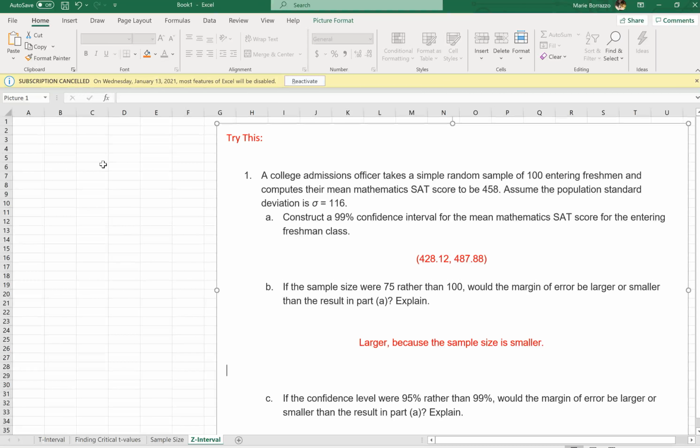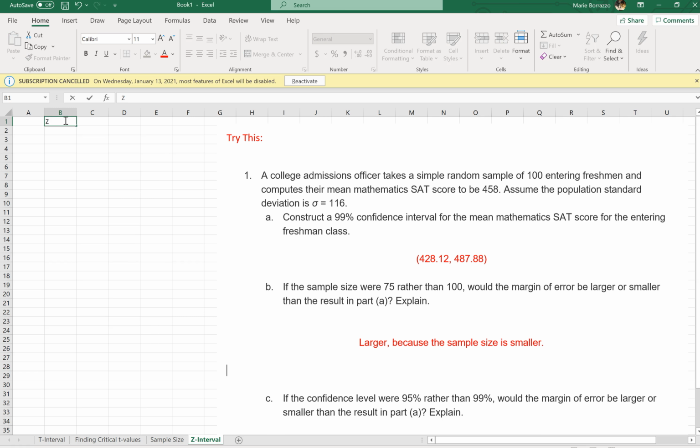All right, so we're going to look at this question, which is the question right above the T analysis or the T critical value analysis. When you read this question, this is all about doing what we call a Z interval. The reason why I know it's a Z interval right off the bat is, first of all, I have